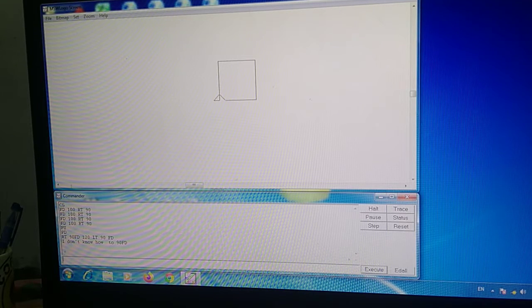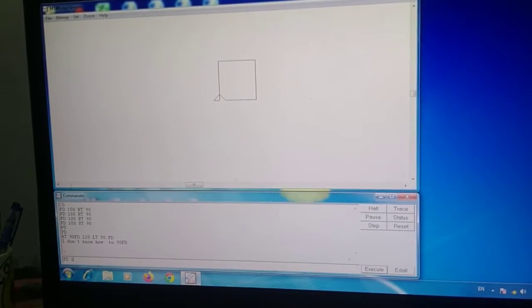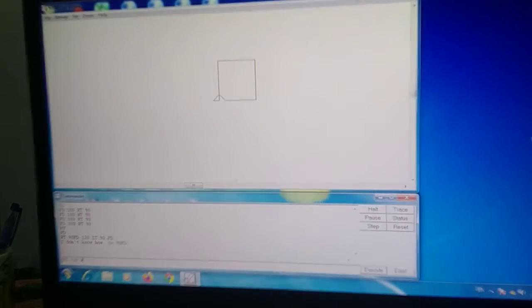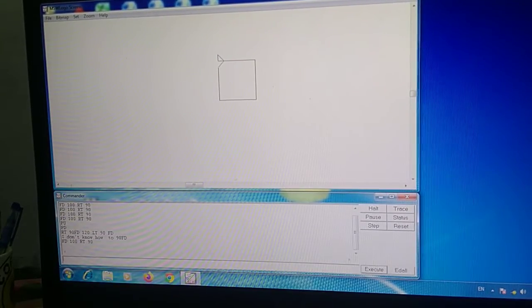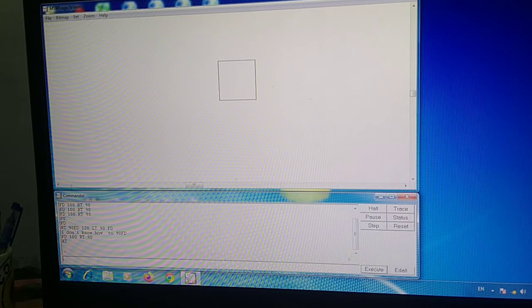Now FD 100, same you have to repeat here 4 times, FD 100 and RT 90. After that you have to use the HT command, which hides the turtle. Your turtle will be removed from the screen.